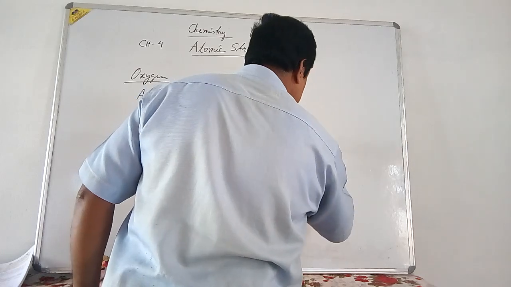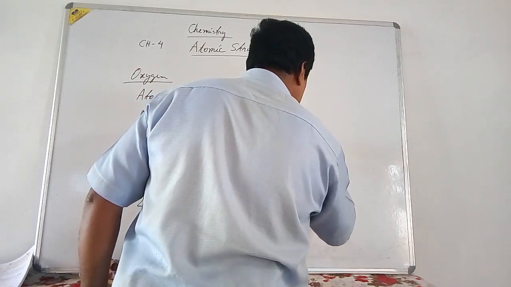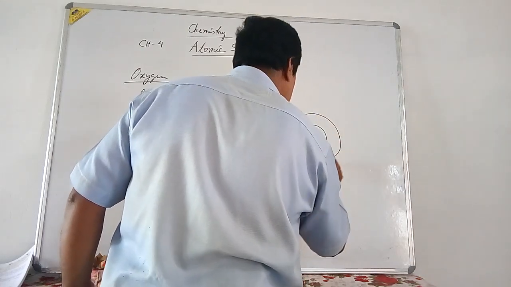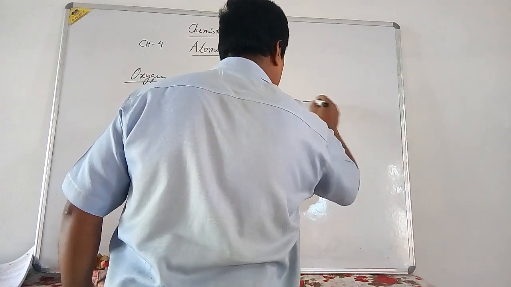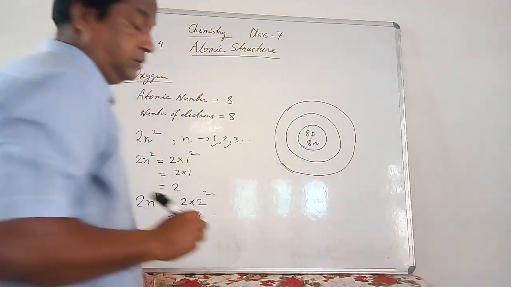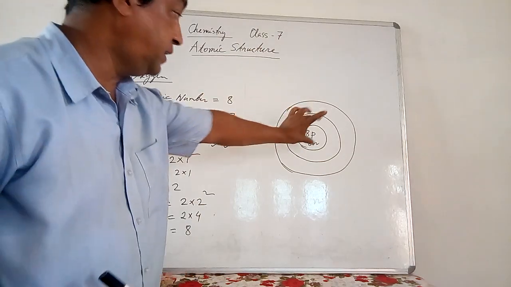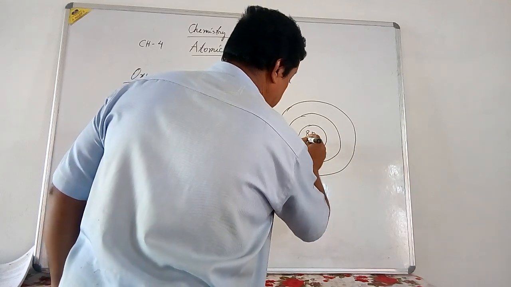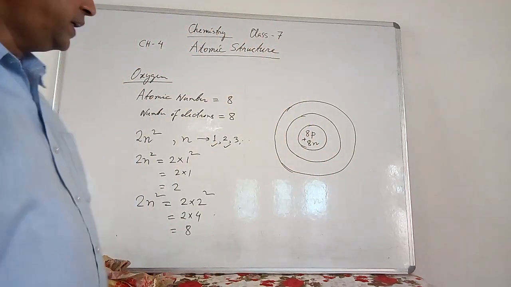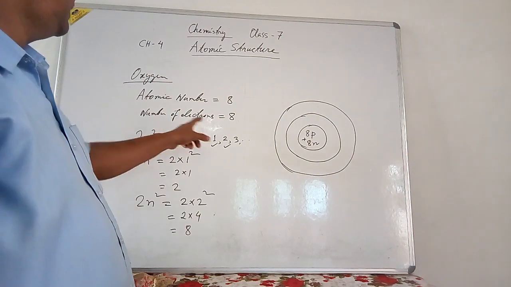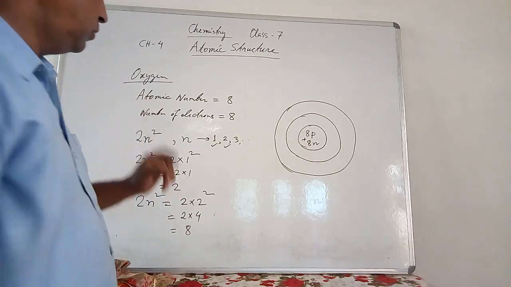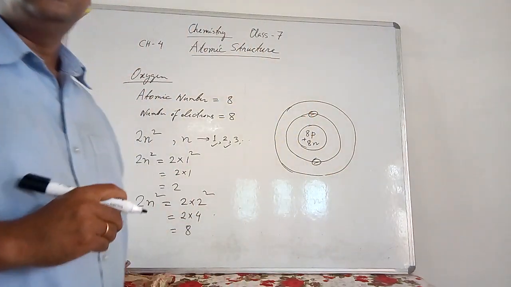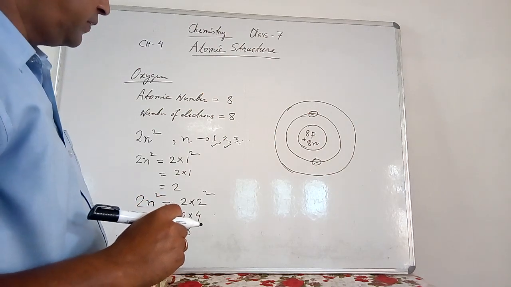Now for the arrangement of electrons in the shells for the oxygen atom, you can see this is the nucleus. So it will be 8 protons, then 8 neutrons, then around this are the shells or orbits. These are the shells or orbits around the nucleus. The nucleus is made up of 8 protons and 8 neutrons. You can give a plus sign. Now how many electrons are there? 8 electrons. Now in the first shell it will be 2 electrons.